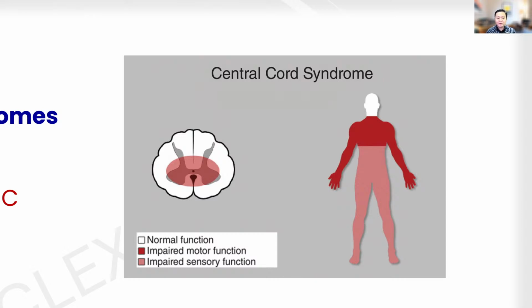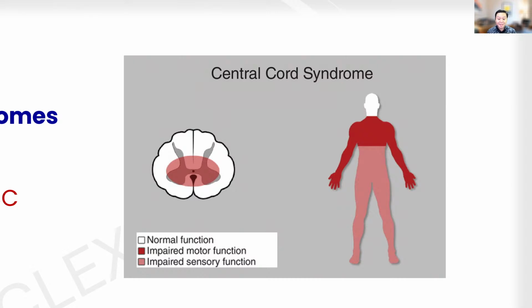But again, there is still retention of the sensation in this person with a central cord. Now, what's the reason why they're going to have this alteration in the motor function? As we know, the central region of the spinal cord is involved in controlling the movements of the arms. So when this area is damaged, the person will have a pronounced weakness or paralysis of the upper body, whereas the lower extremities are less affected because the nerve fibers controlling the leg movements are located more peripherally